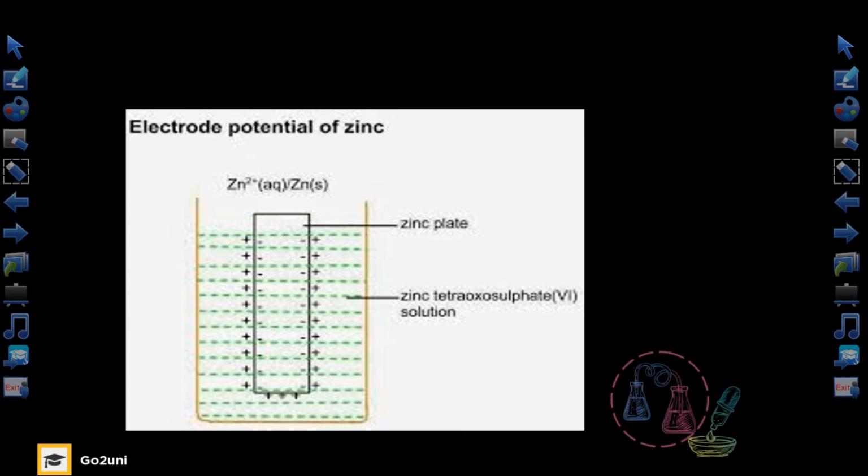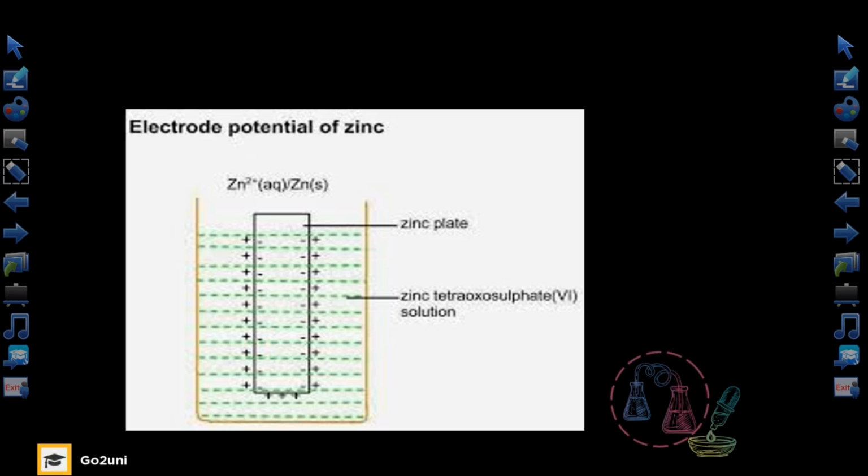The diagram illustrates better what we just talked about. When a zinc rod is dipped into a solution of its salt, the zinc atoms in the rod go into the solution as zinc ions, while they leave behind excess electrons on the zinc rod, thus making the zinc rod negatively charged and the solution positively charged. This difference in polarity between the solution and the rod creates that potential